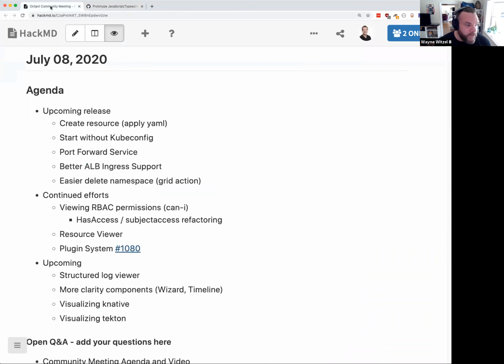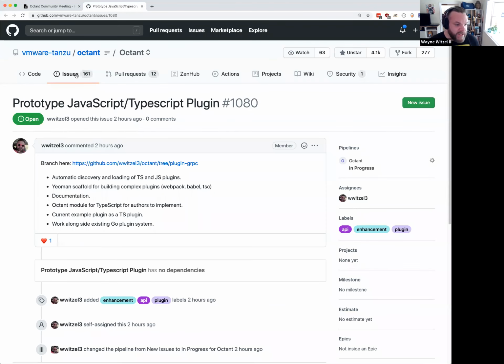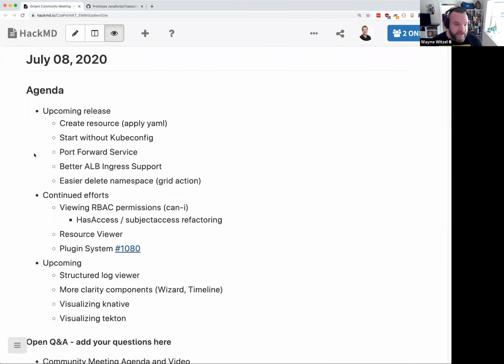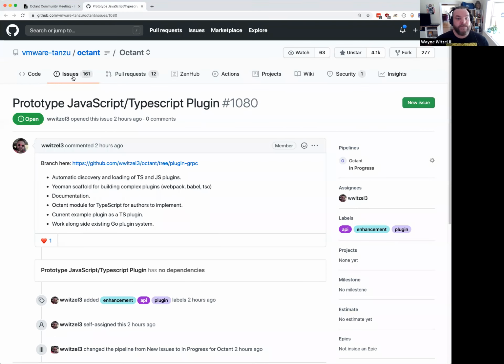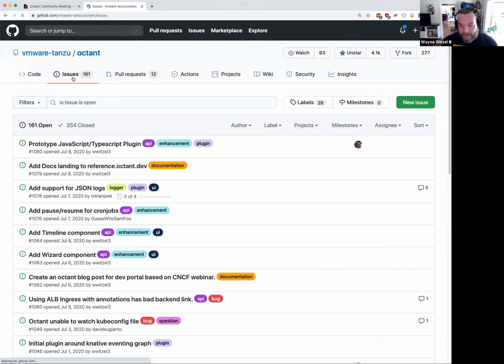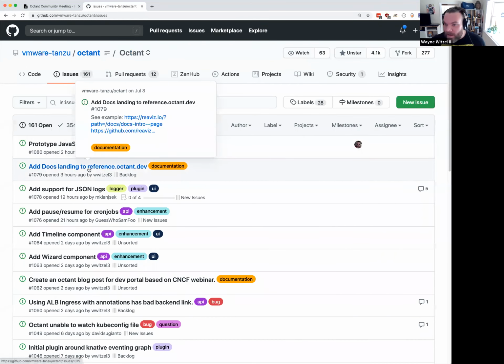Documentation. So we talked last week about the reference.octant.dev, and we have released that. All of that's merged and pushed out and is current now. But what we're going to be doing, I opened an issue, is we're going to be taking the plugin documentation, and we're going to be